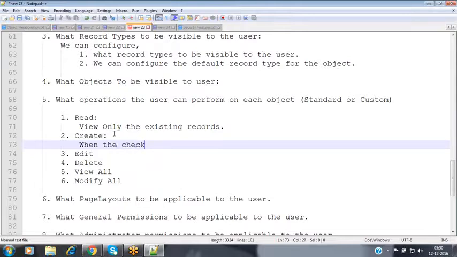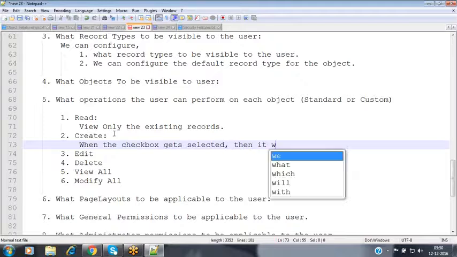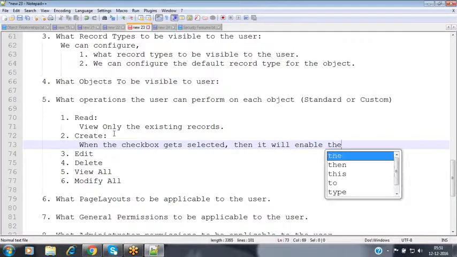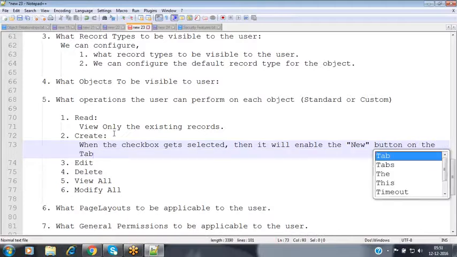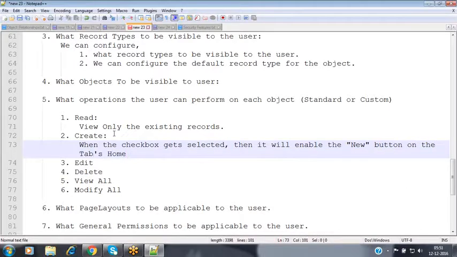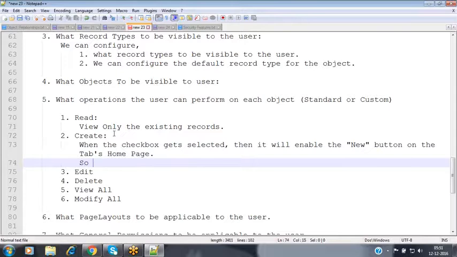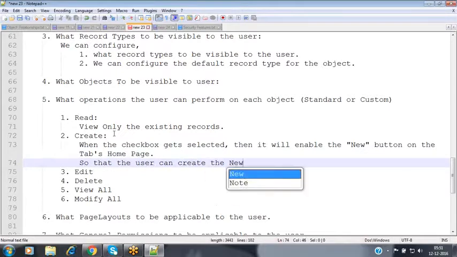When the checkbox gets selected, it will enable the New button on the tab's homepage, so that the user can create new records.